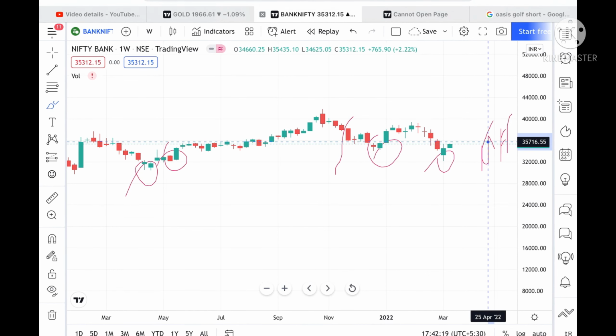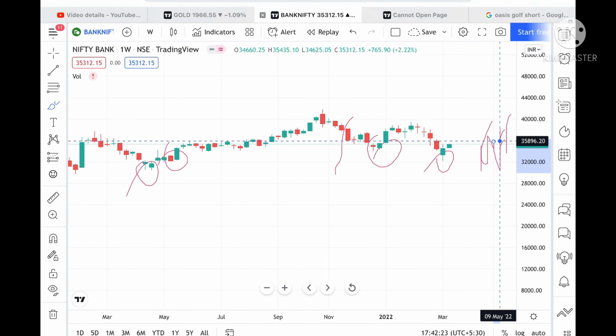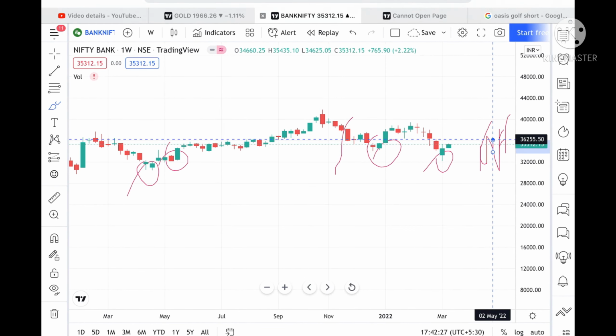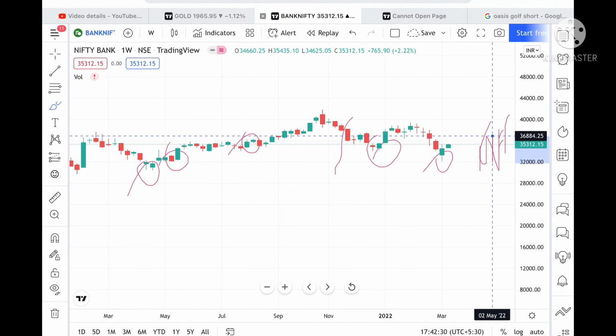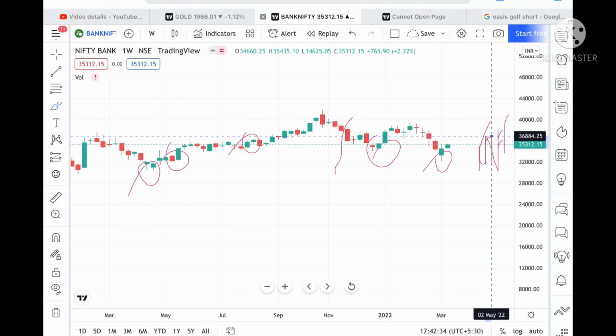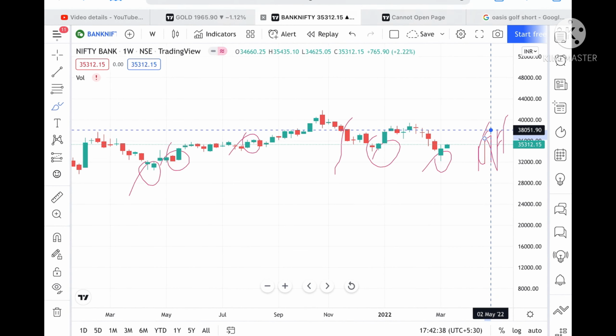But suppose if this level sustains, we can see it can move towards a level of 35,896, and from there we can see it can move towards a level of 36,225. Okay, and these levels are already being tested here, so chance of going towards 37,153 is high, and from there we can see it can move towards a level of 37,243, and from there a level of